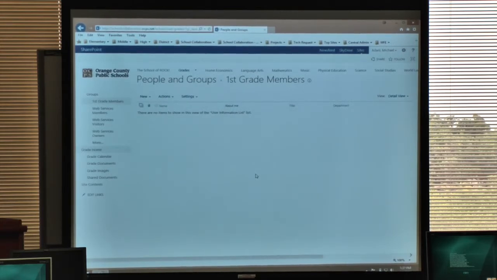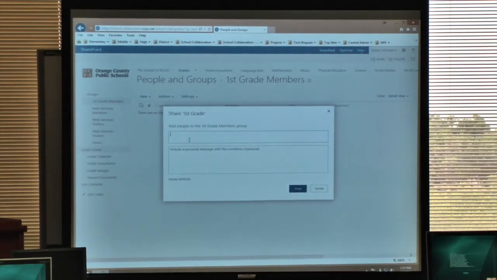All right. Now, this is where permissions can get tricky, so we try to make it as easy as possible. We don't want you to have to manage permissions constantly on the sites. So what we're going to do is everybody has a distribution list. Every school has distribution lists for their grades in elementary school. It'll be their 3-letter code dash 1, 3-letter dash 2, 3-letter dash 3, right? So, for example, this is a first grade here, and I'm going to use my distribution list as my security groups inside there. So, the way that works is,